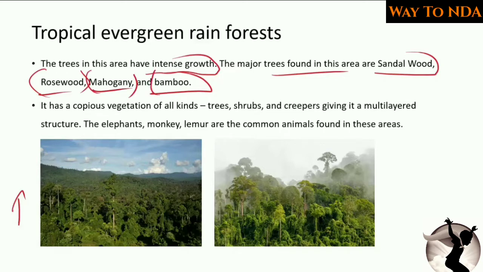अब इसको रट्टा मारो, मुँह ज़बानी याद कर लो, you may have to remember this thing. ठीक है, it totally depends upon you how you remember this. So sandalwood also you will find in this area, tropical evergreen rainforest. Then rosewood also, rosewood very important for the